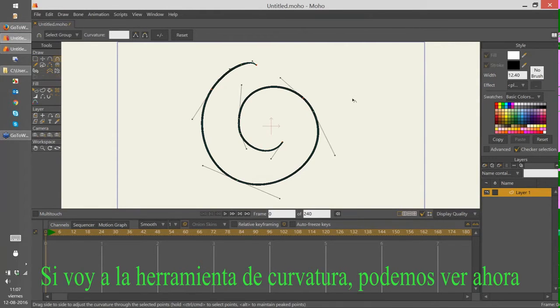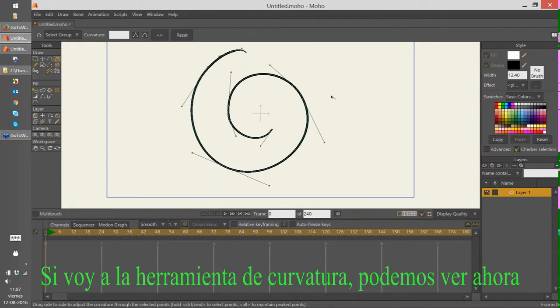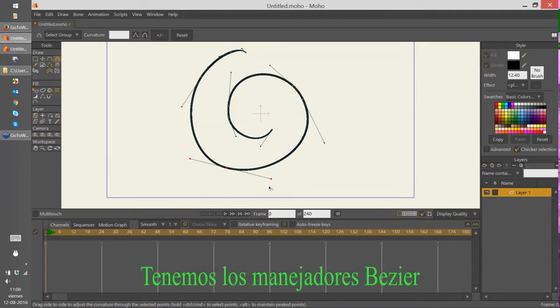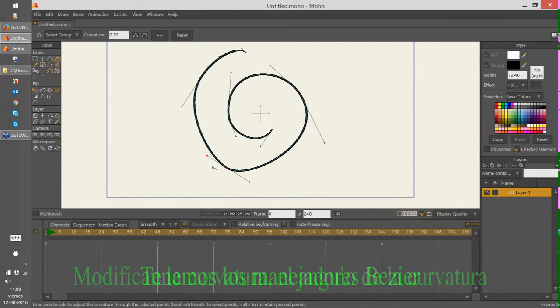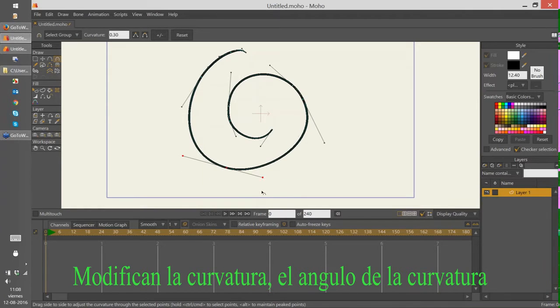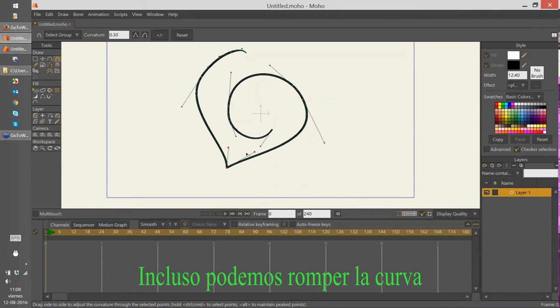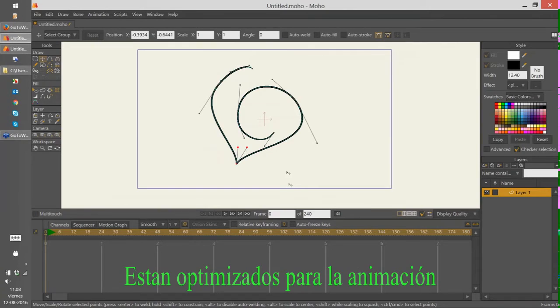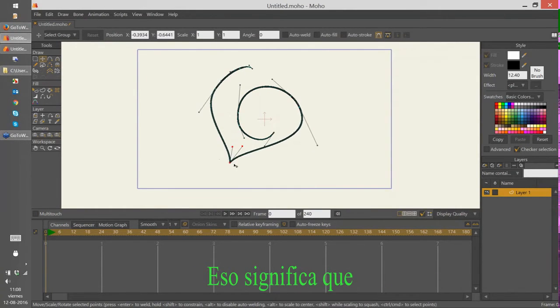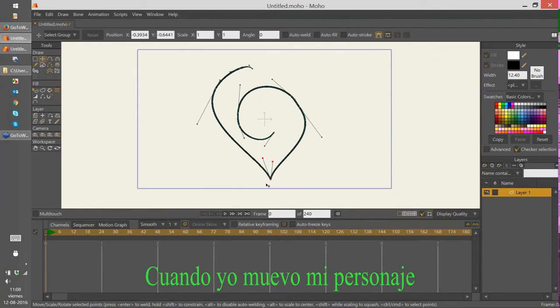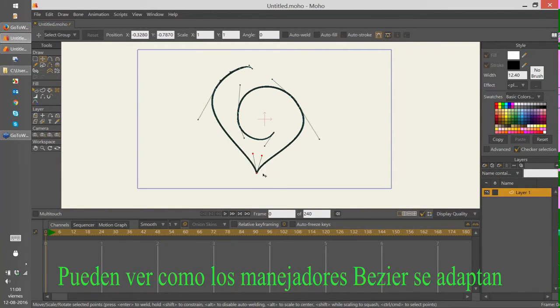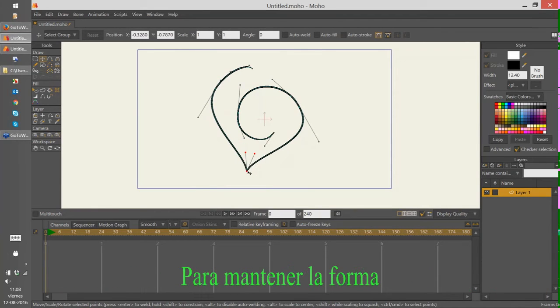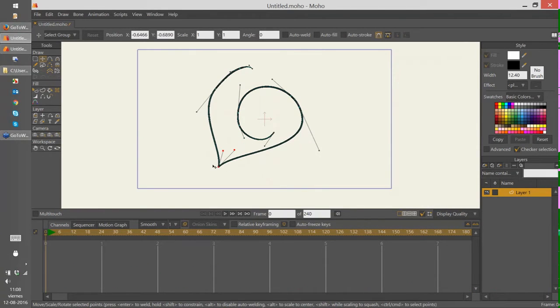So if I go to the curvature tool, you can see now we have the Bezier Handles, and we can modify the curvature, the angle of the curvature here, and we can break the curve also. And another cool thing about these Bezier Handles is that they are optimized for animation. That means that when I move my character, you can see how the Bezier Handles adapt to keep the shape in